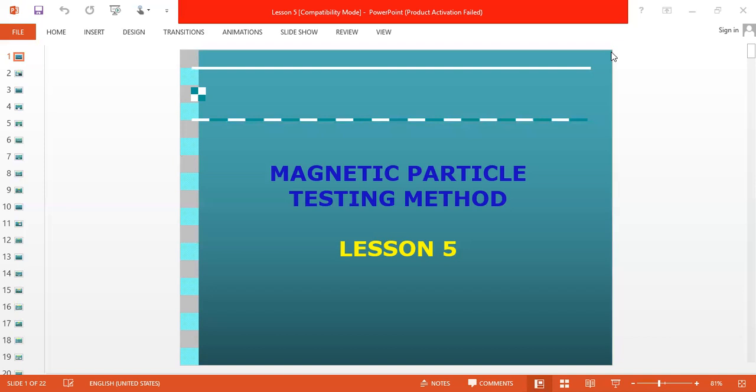Then we saw another technique, longitudinal magnetization. In longitudinal magnetization, one example is coil shot. In the coil, we are sending current circularly, and the magnetic field will be longitudinal. The second example is yoke. In the yoke, there is one coil inside. If we send current through the coil, the current moves circularly, and the magnetic field is longitudinal. That longitudinal magnetic field we send to the job. So these are examples of how we generate a magnetic field in the specimen.